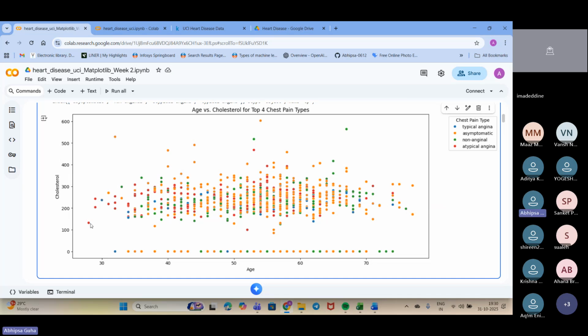For this other person, the age is between 30 and 40, maybe 32. The person has 0 cholesterol, and the person is asymptomatic. That is, there is chest pain, but there are no symptoms of it. This is how we need to prepare the plots for a better understanding of my data set.